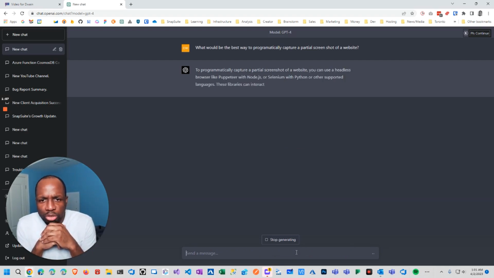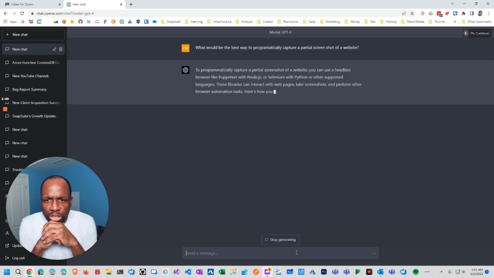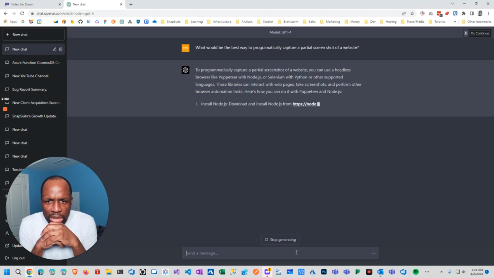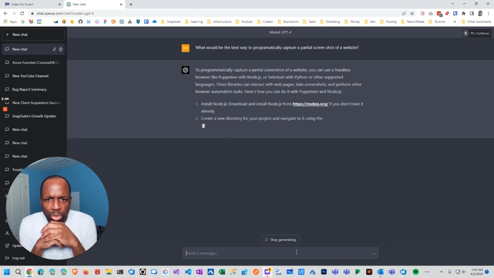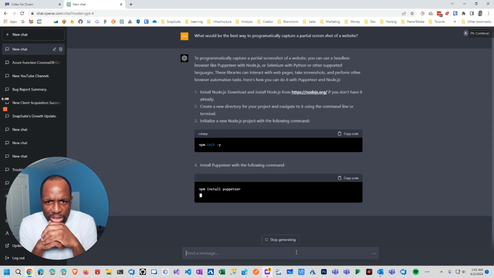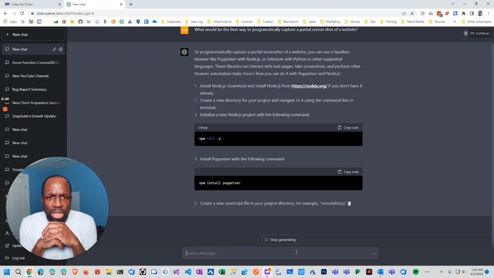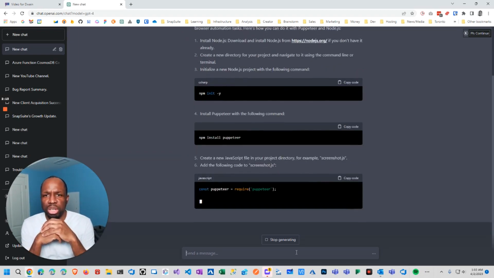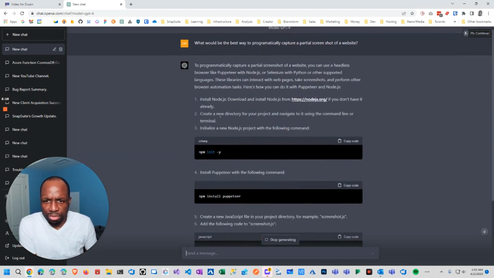To programmatically capture a screenshot of a website, you can use headless browsers like Puppeteer with Node, Selenium with Python, or other supported language. These libraries can interact with websites, take screenshots, and perform other browser tasks. Node, download the JavaScript,